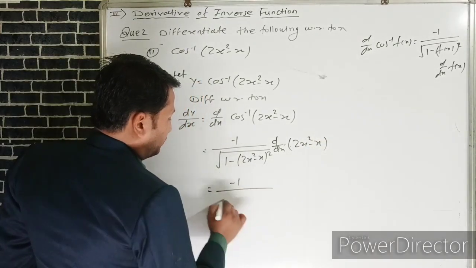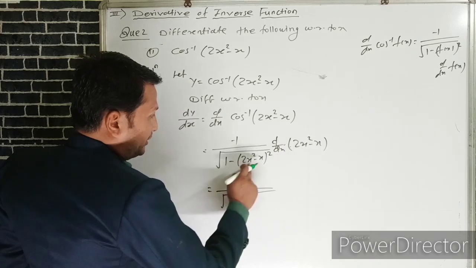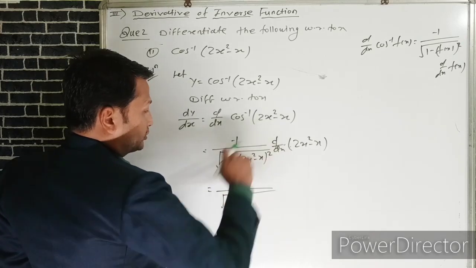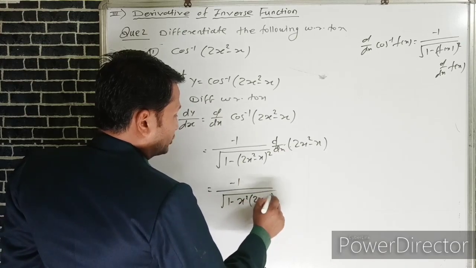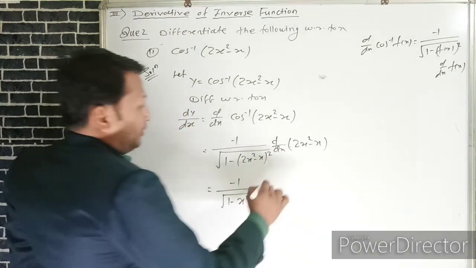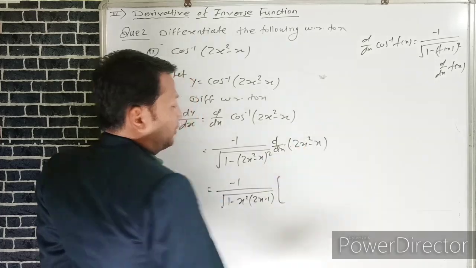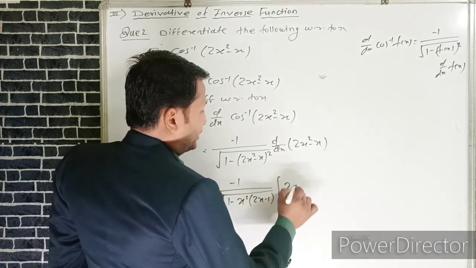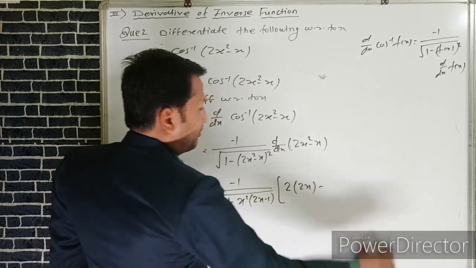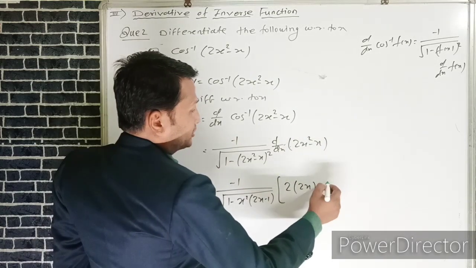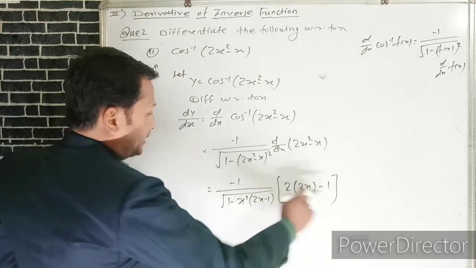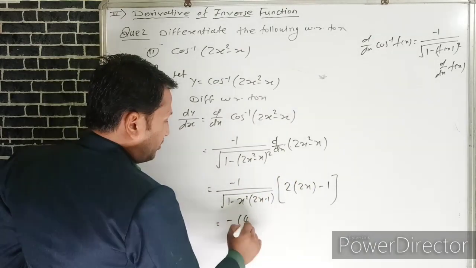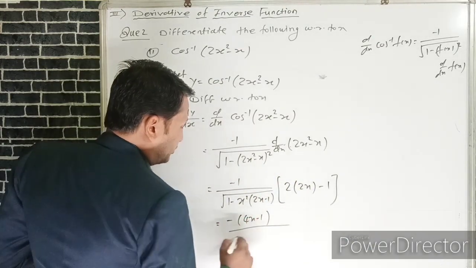is equal to minus 1 upon under root of, if we take x common in the square bracket, 1 minus x square in bracket 2x minus 1. If we take the separate derivative of 2x square, then 2 is constant and the derivative of x square is 2x, minus the derivative of x, which is 1. After that 2 into 2 is 4x minus 1,